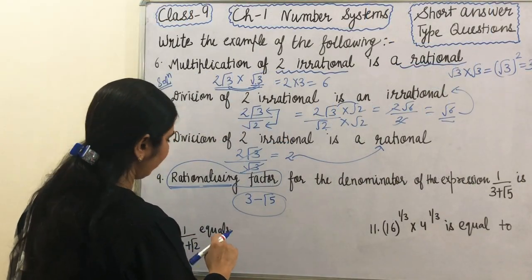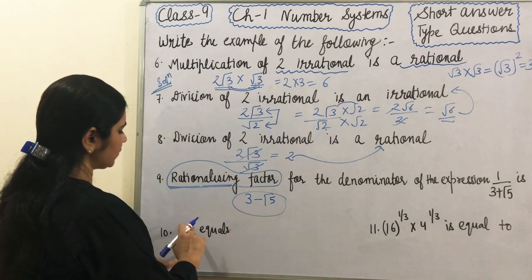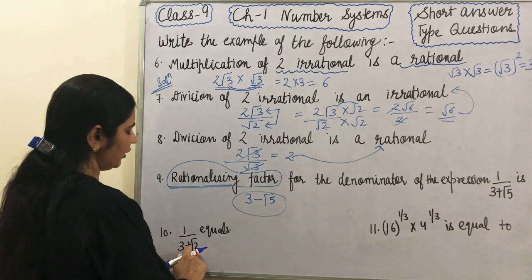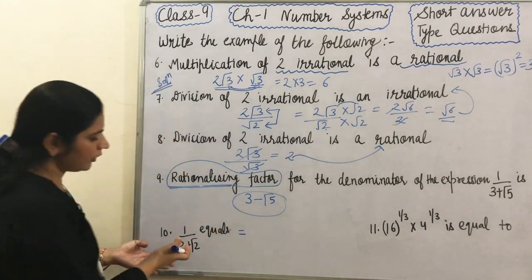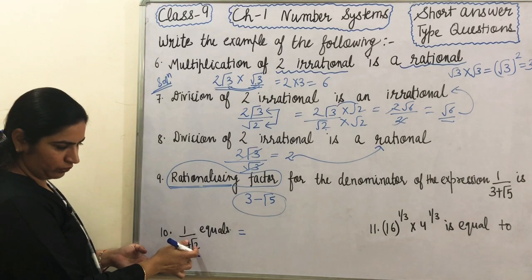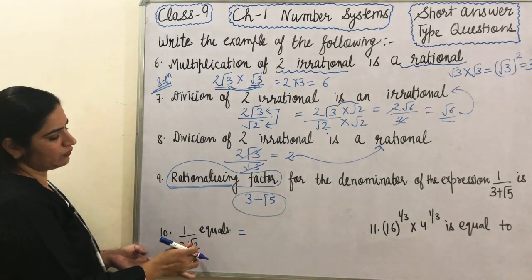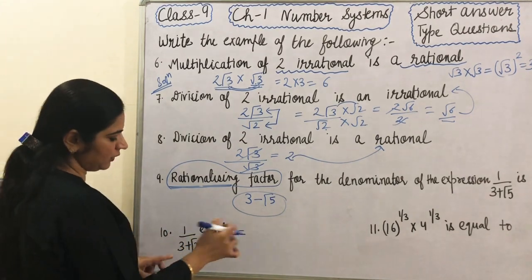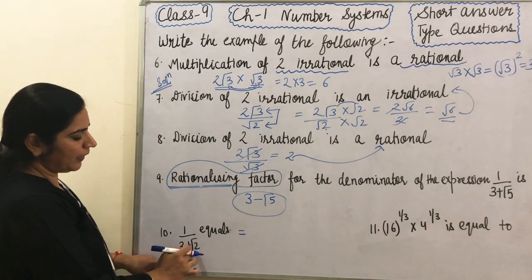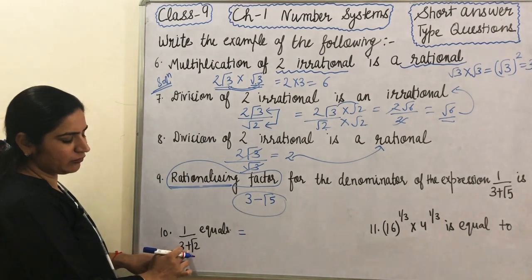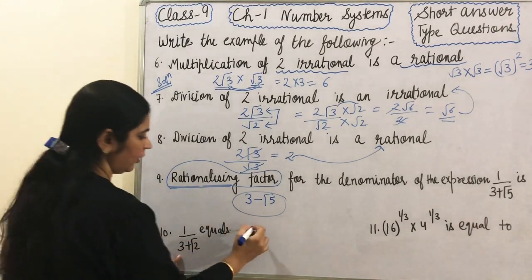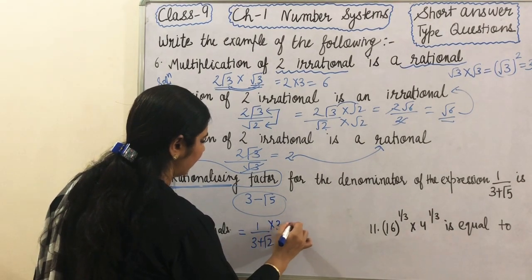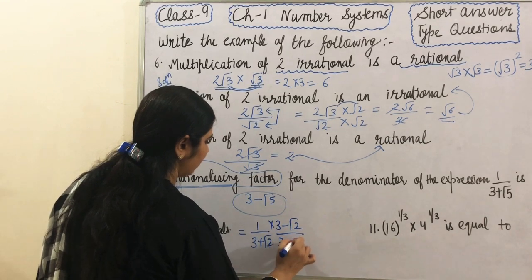In this question we have to find the value of the given expression. 1 upon 3 plus root 2 is given. We have to find the value. Here in the denominator one term is given with a root. Whenever we have to find the value, it means we have to eliminate the root. And how can we eliminate the root? With the help of rationalizing. How can we do the rationalizing? By changing the sign of the denominator. Here positive is given, so we'll take the negative sign. We'll change the sign. Here positive is given, so we'll multiply and divide by the negative sign.